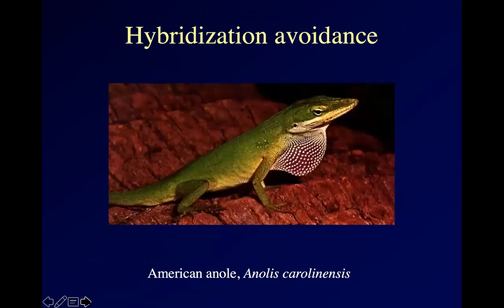And here we've got anoles and a proposal for why males have those dewlaps is hybridization avoidance. There is the one that lived in my backyard a lot, Anolis carolinensis. That's a male inflating his red dewlap with white scales on it, probably about 5 minutes before my dog would try to eat him. We do get these at least up into South Arkansas. I don't know how many of you have seen these before, but at least some of you might have had them in Meemaw's backyard or something like that.